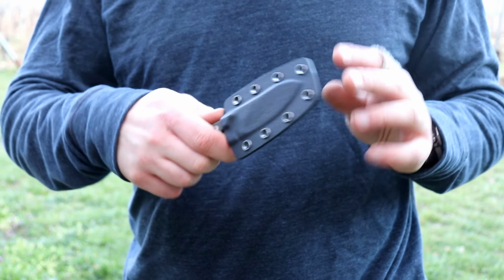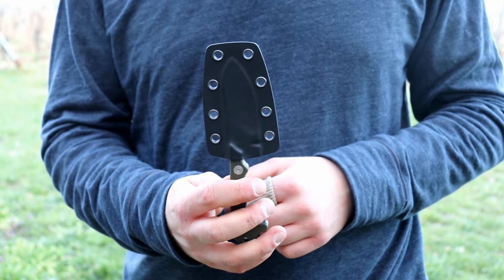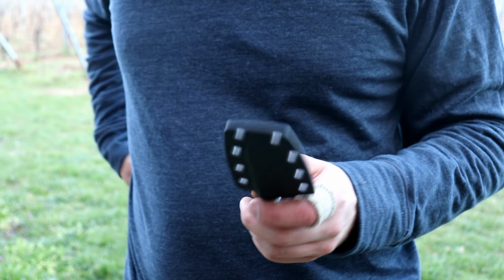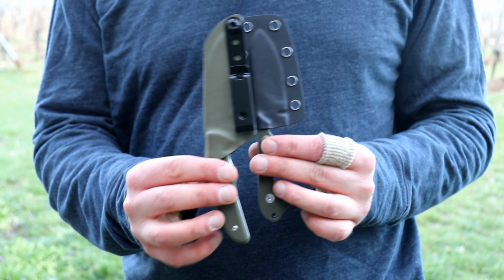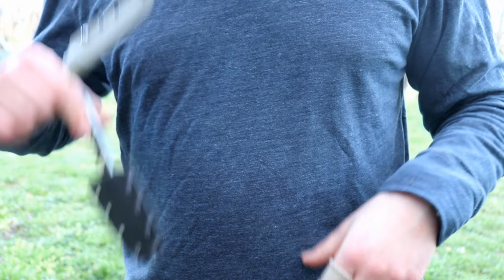Good sheath, also, I mean, good Kydex sheath, good retention. It's a little bit wide. I really don't like these pancake style sheaths. I like the taco style Kydex much more, because it's a slimmer profile, both around your neck and inside your